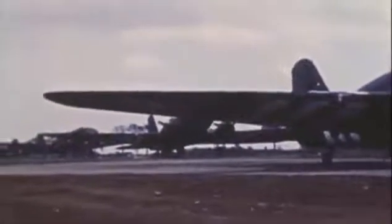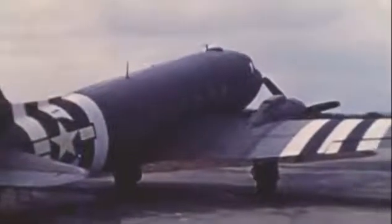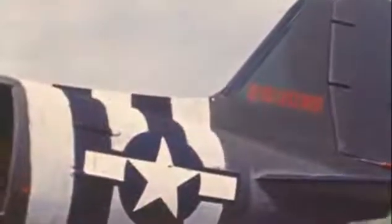And these are the aircraft that carried them. The C-47s marked with the black and white invasion stripes, which were painted onto all aircraft just before D-Day as a means of recognition. And this is the very first aircraft to lead the American Air Armada, number